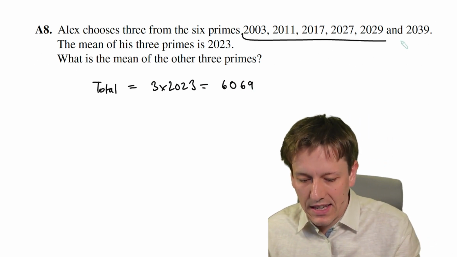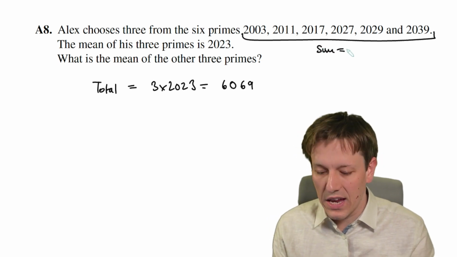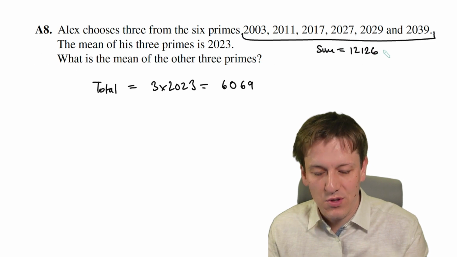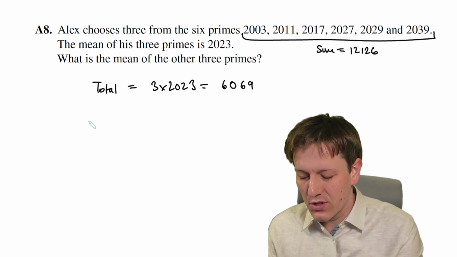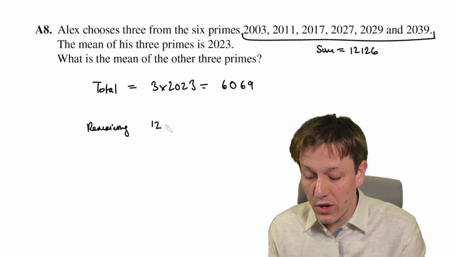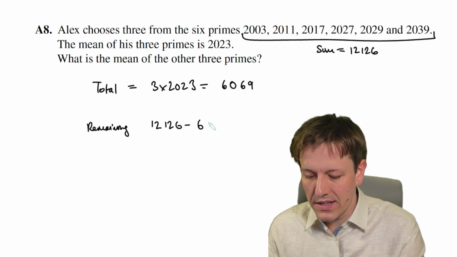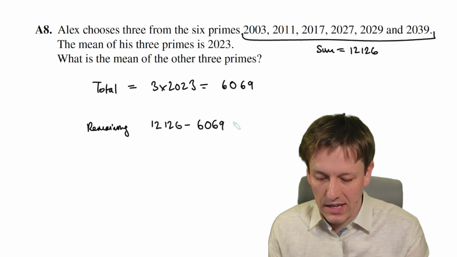Next, if we were to add together all 6 of the primes here, the sum of these 6 you can check is 12,126. So you need to be able to do a bit of fast arithmetic in this question. So the remaining primes must total 12,126 minus 6,069,